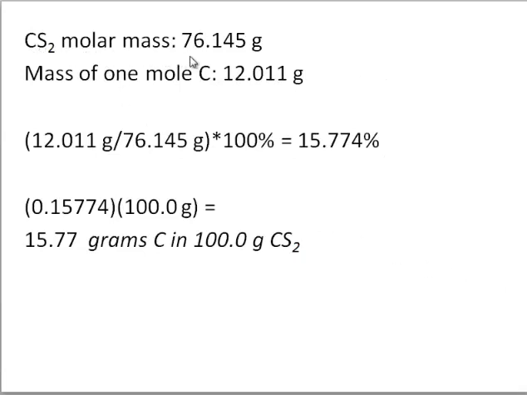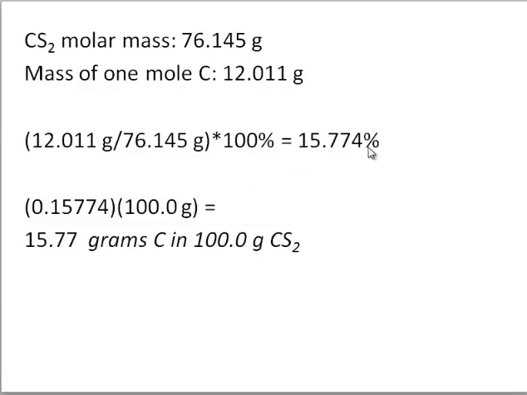You need the molar mass of carbon disulfide, which is 76.145 grams. Each carbon disulfide has 1 mole of carbon, so you need the mass of 1 mole of carbon, which is 12.011 grams. Divide the mass of the carbon by the mass of the carbon disulfide. Multiply it by 100%. Note the grams have canceled. The answer is